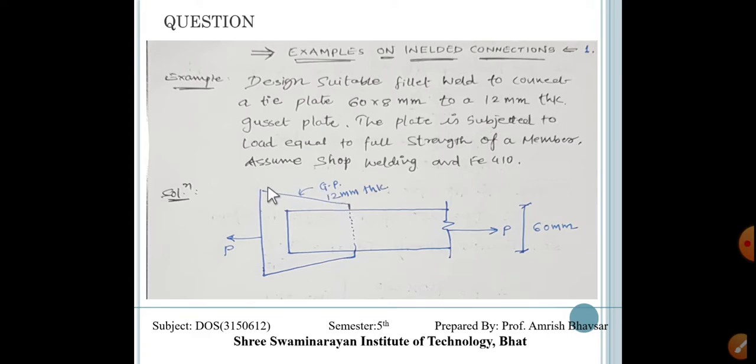Here this is our gusset plate and this member is connected with the gusset plate with the help of welding. The width of this plate is 60 mm and the thickness of the plate is 8 mm. Now, the plate is subjected to a load equal to its full strength. Means,